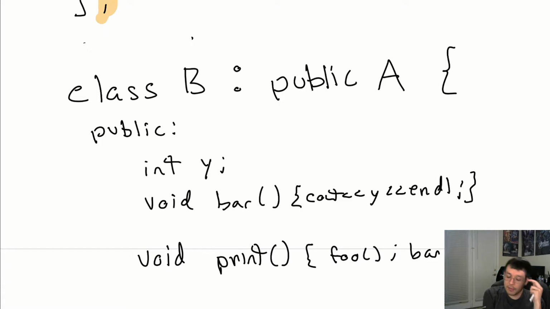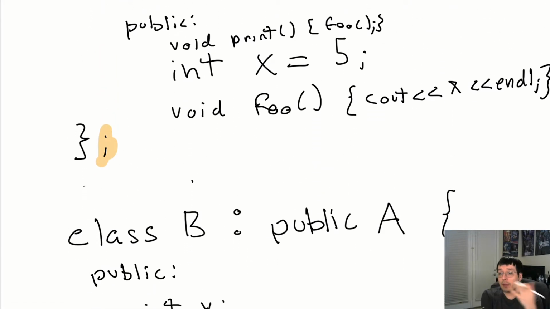What that means is that if you have a public variable in the parent class that you are inheriting from, and you inherit as public, it'll remain public. But if you were to inherit as private, so like if I were to write the word private here, or if I just didn't write anything and defaulted it to private, then all of the public variables here would automatically become private,